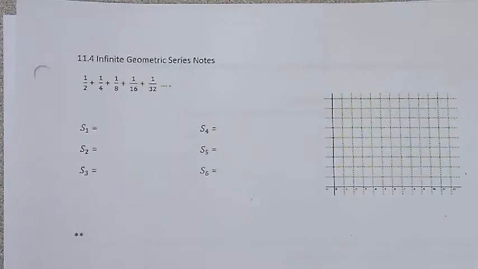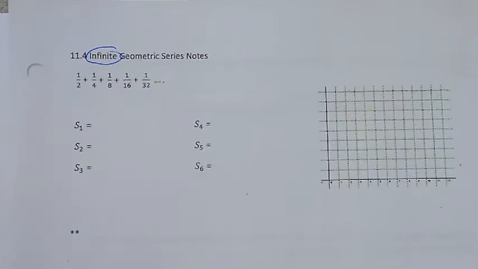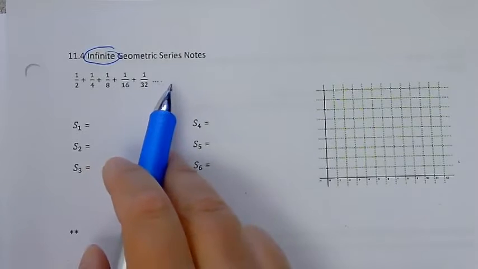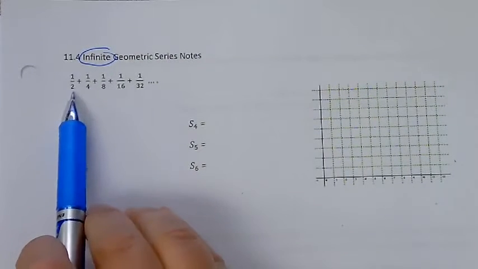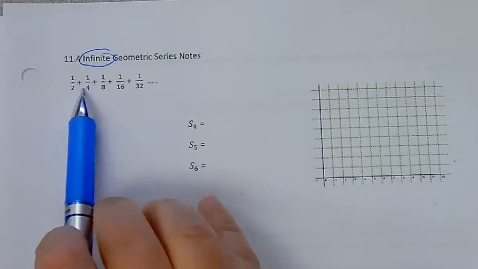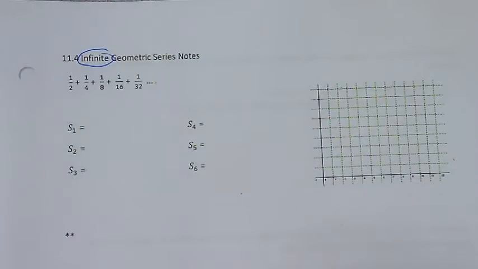In the last section, we talked about what happens if you have a finite geometric sequence. In this lesson, we're going to talk about an infinite geometric sequence. So notice this one's infinite because it keeps going. With a finite geometric sequence, you've got a particular set of numbers and you're finding the sum of that particular set. But now we're going to talk about one where these values keep going and we want to see